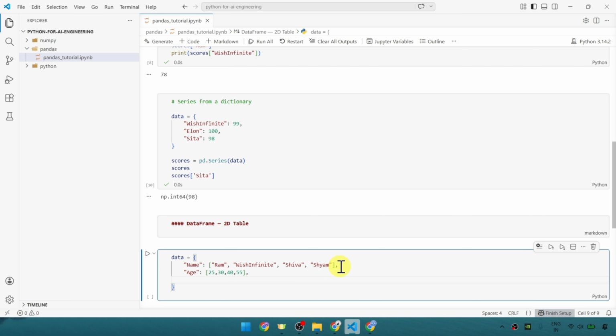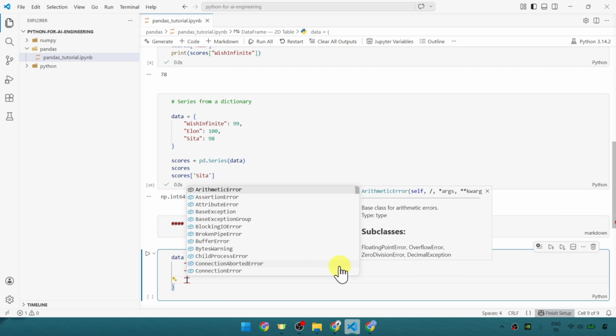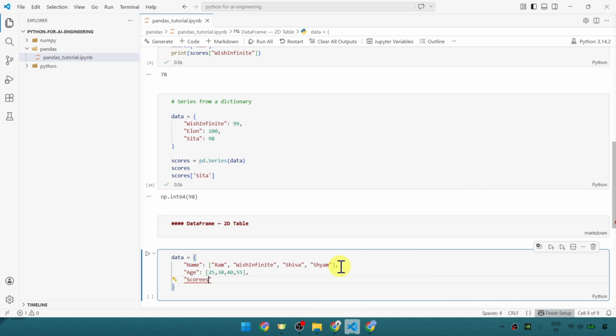Here we will also provide scores. So let's provide a comma, then scores, and then colon, and here again the list, and then the scores. So let's provide scores as 85, 92, 78, 95. Now our dictionary is ready, where we have keys which will get used as the column name,